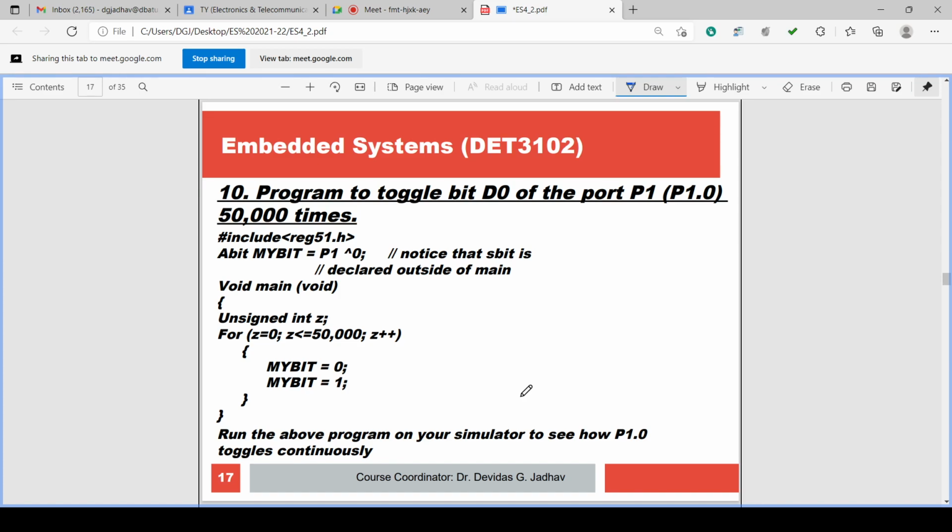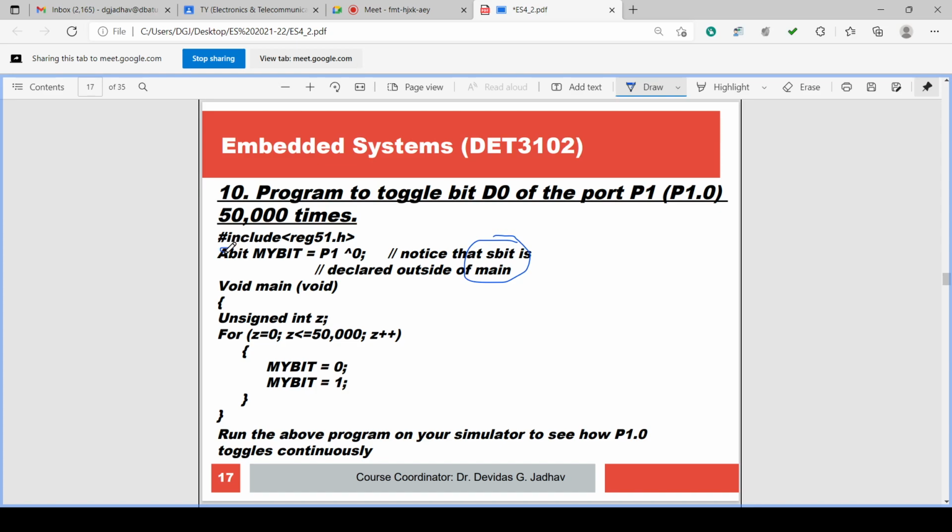We can access a single bit, we can change a single bit as output. For that we have to use sbit.